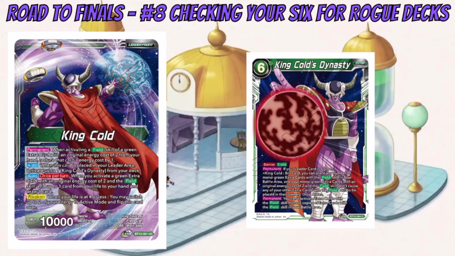If you play a new one, it replaces the old one and sends the old one to the drop. But with this King Cold's Dynasty, as long as you're playing a 2-cost green field card, you can play multiple field cards as long as they're 2-cost field cards. So you're only going to play, along with this card for the Bring Out Leader,